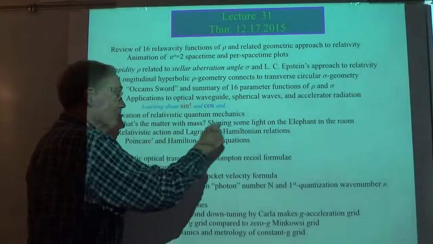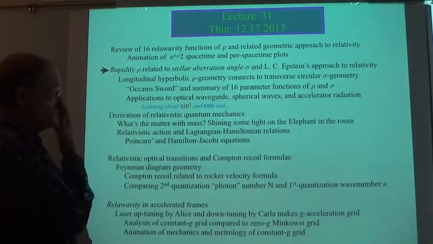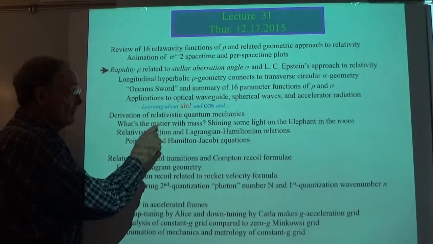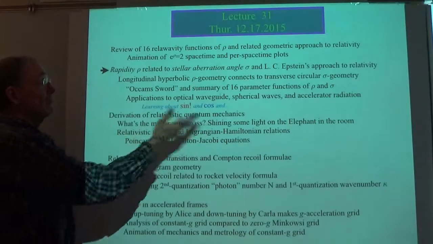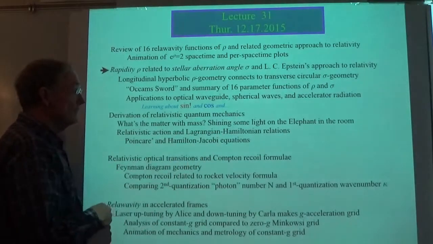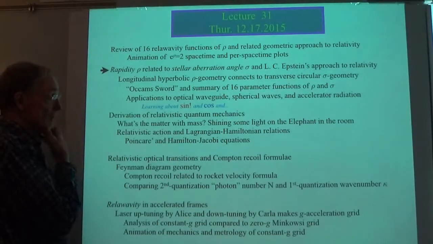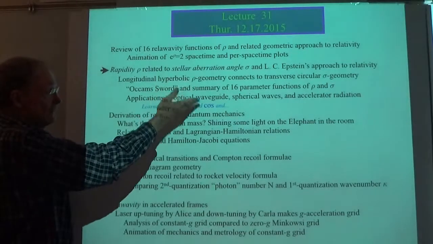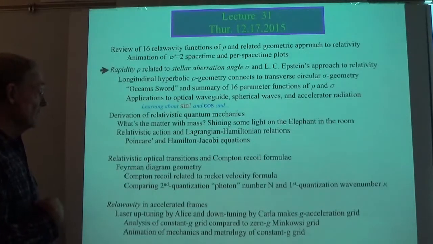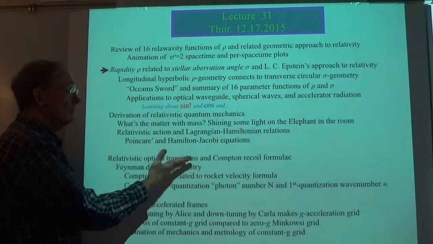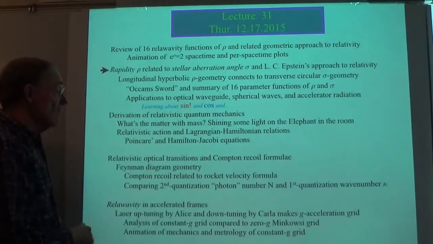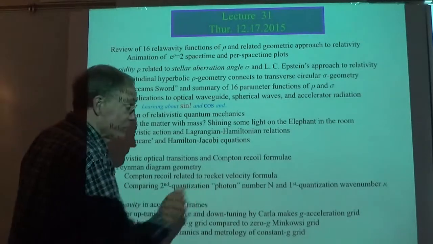Then we'll just go ahead and just in really one page derive relativistic quantum mechanics and see what mass is, really get a feeling for what that is, the elephant in the room I call it. And then see all of the stuff that we did with action, Lagrangian, Hamiltonians, and things like that, Poincaré's identities, they all come out of the geometry that's contained in what we've really already done, but we can look at it many different ways. We can also do transitions if we get a chance. The time is going to probably be running out about in this neighborhood. I'll show you that the rocket velocity formula is